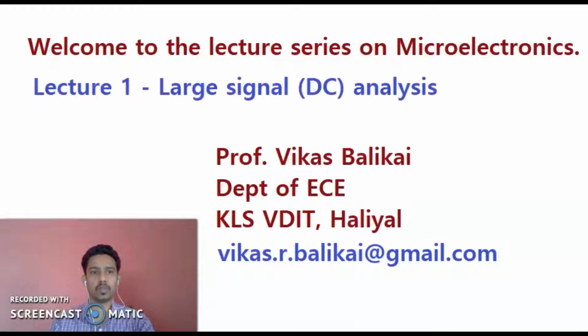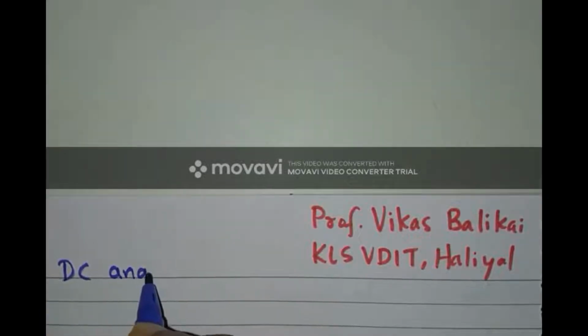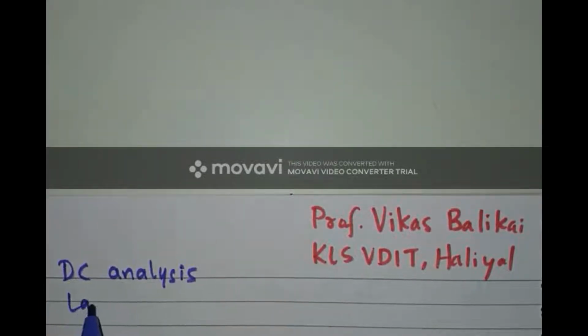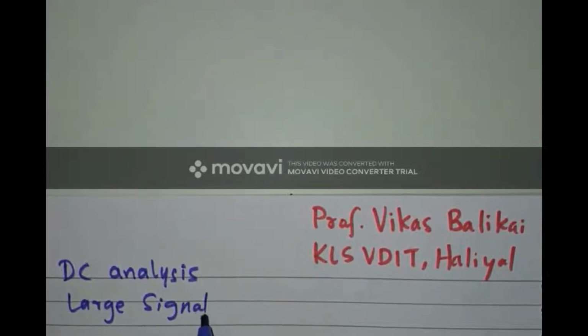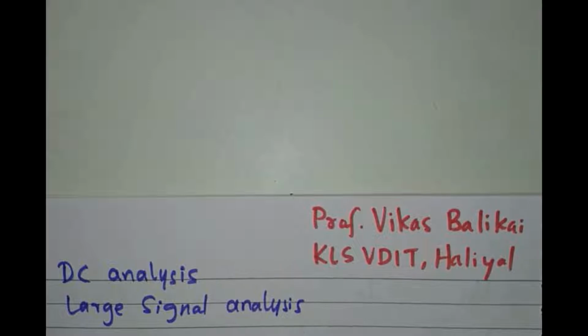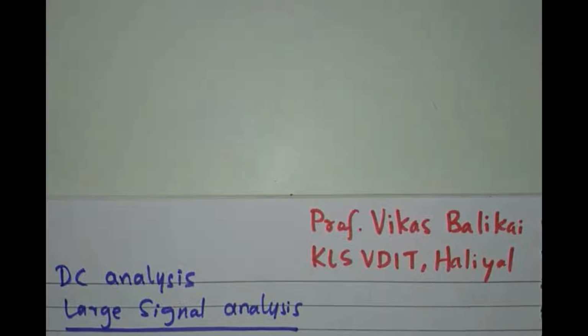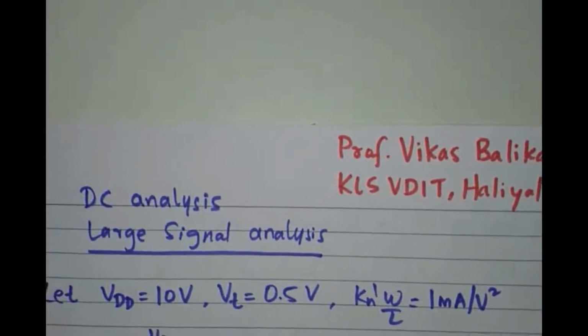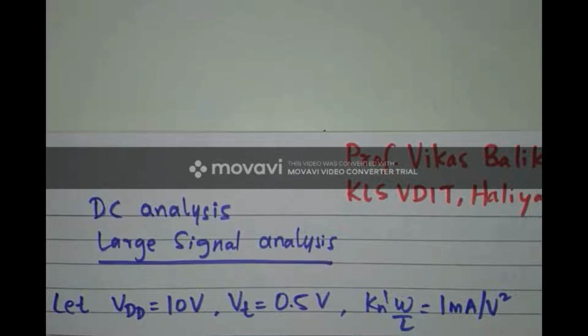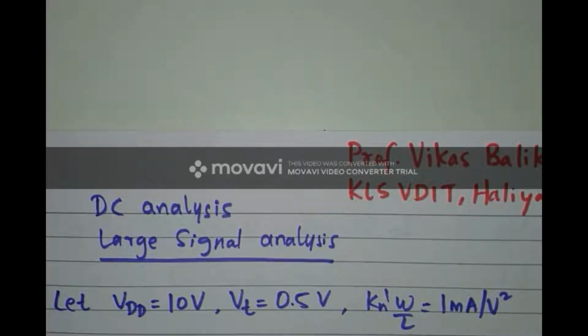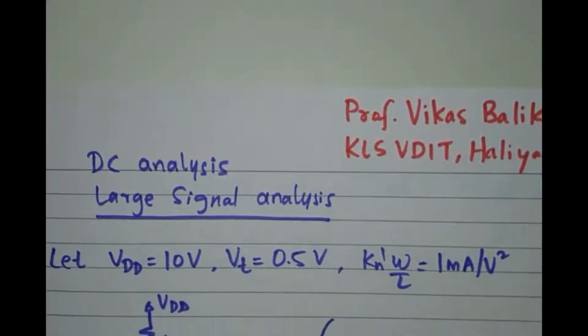So this is lecture number 1, large signal analysis or DC analysis, which we are going to start. DC analysis, or basically large signal analysis for my MOSFET, by considering a certain example wherein I'm going to consider VDD of 10 volts, and let's consider VT of 0.5 volts. Kn dash W by L is equal to 1 milliampere per volt square, and we have already figured out or